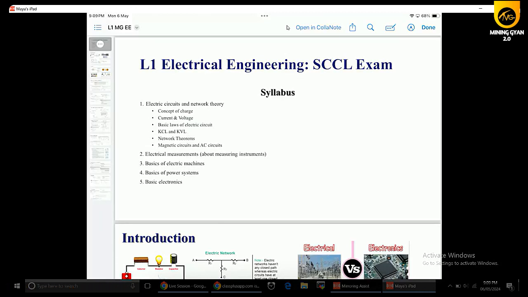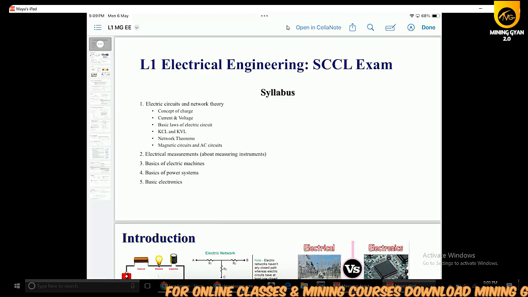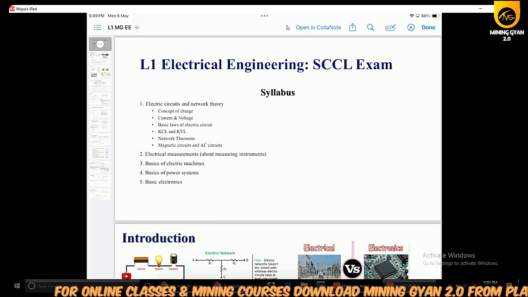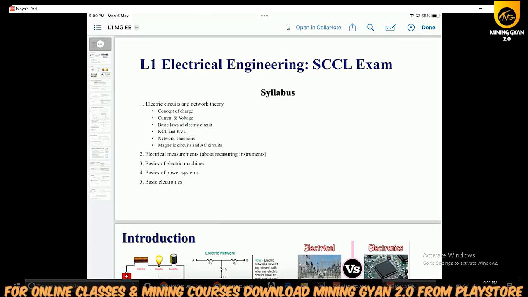After seeing these basic laws of electric circuits, we will understand how to apply those basic laws to a given electric circuit, right? Then we will understand the difference between Kirchhoff's current law and Kirchhoff's voltage law and where we can apply these two laws. These two laws are the basic laws in order to calculate the voltage, current, power, and other things. These things are just basic parameters of any electrical network.